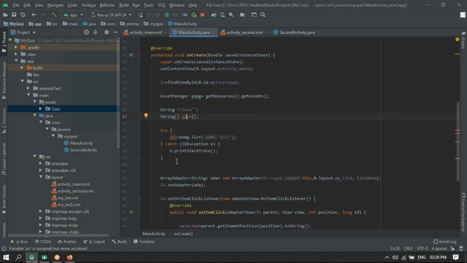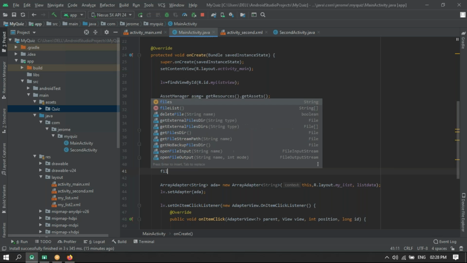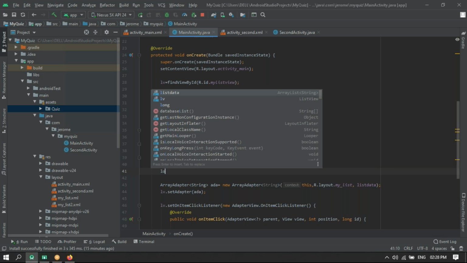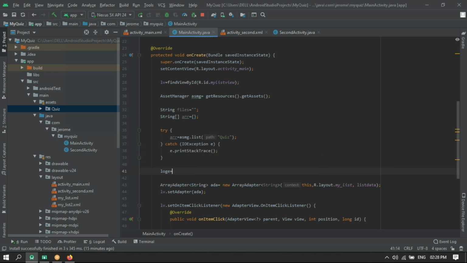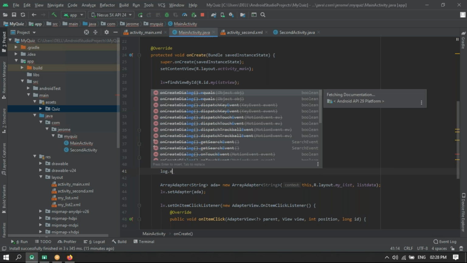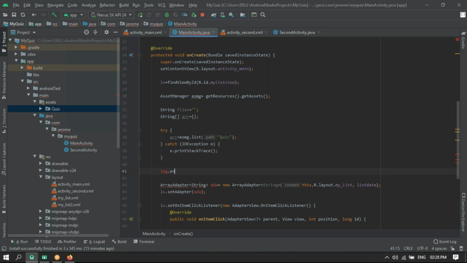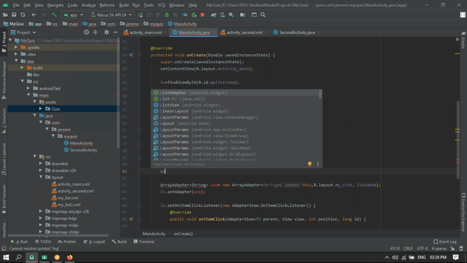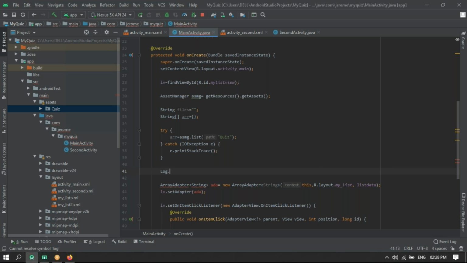Now we'll use the string array. We'll list the string array. For that, files equals to, or else we'll just directly put it in the log, log.e. So this is my tag. My tag will be files, and the contents are Arrays